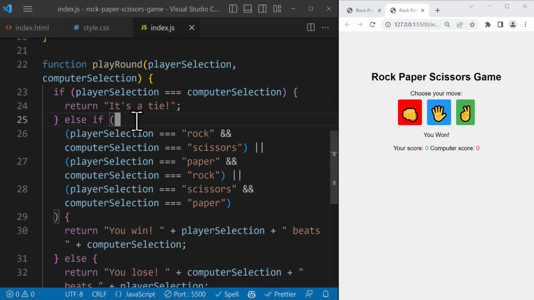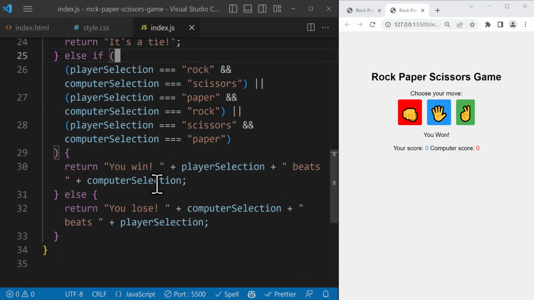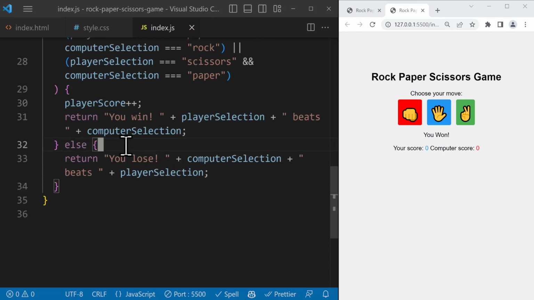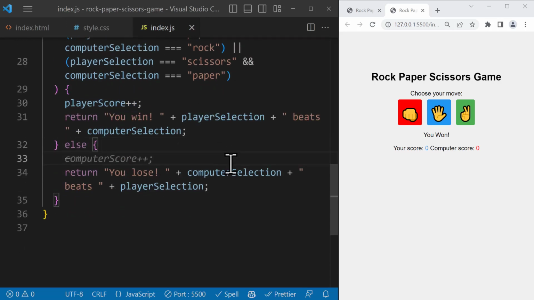But on this side, we're going to increase the player score by 1. The plus plus means increase by 1. For example, if it's 1, it's going to be 2. If it's 2, it's going to be 3. So plus plus is going to add a number to this variable. And then if we lose, we're going to increase the computer score. And also we need to